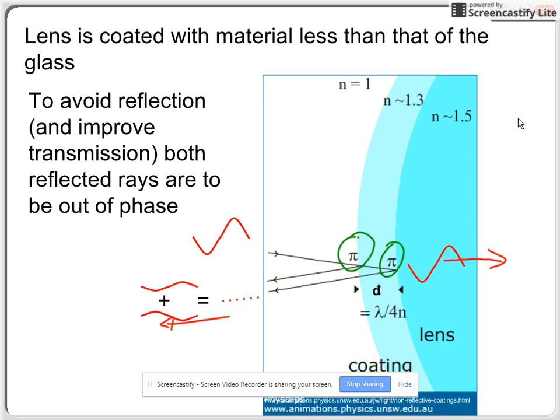So how much distance do you need, what thickness of the film, to give you that extra half wavelength to make them destructive interference? Well, because it's there and back, you've got to go a quarter of a wavelength in and then a quarter of a wavelength back. And so by the time you do that, you've got half a wavelength path difference, which means that you are getting destructive